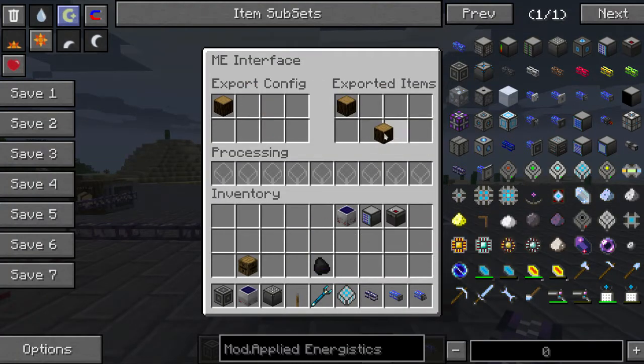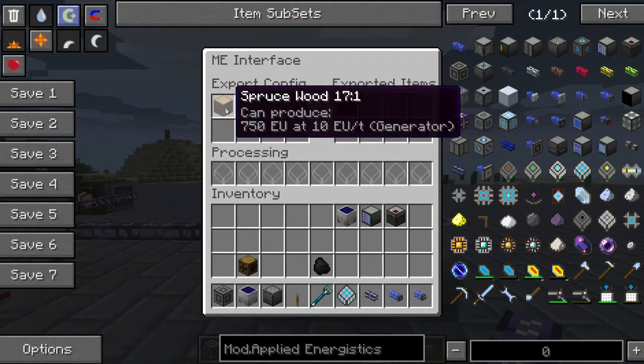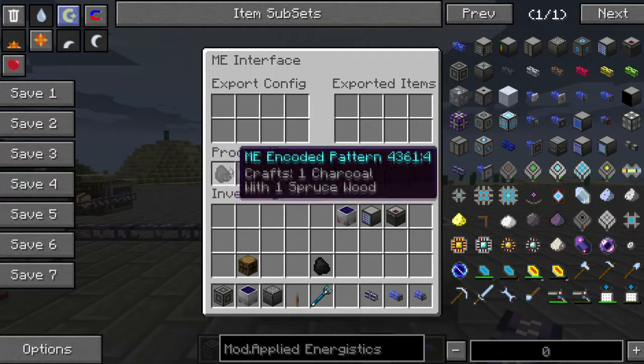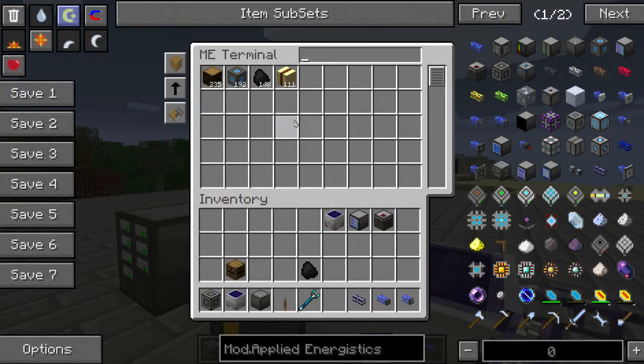And anything else that goes in here will automatically be sucked into the system. It'll only keep what it's told to. In this case, I don't want to. But what I can also do is I can tell it to use crafting recipes. And in this case, we put our pattern in here, and I can tell it I want to craft charcoal with it, right? So if I go over here and I take out all my charcoal,